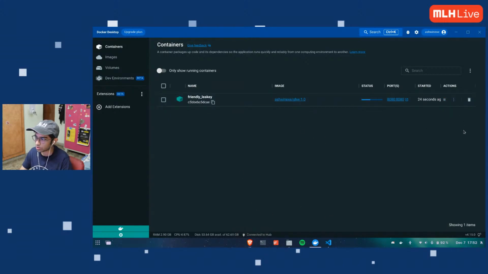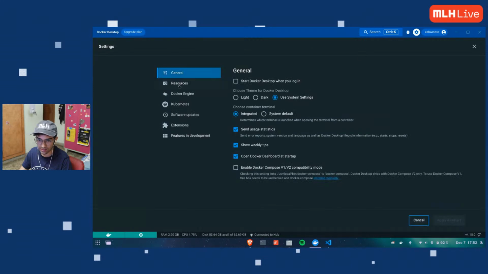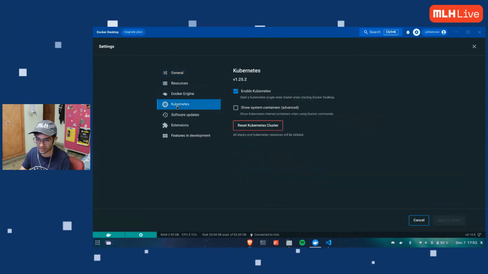Now I'm going to enable Kubernetes in my system. If you went through the README and enabled it, that's fine, but it's very simple to start it. So I'm going to go to settings here, and it says right here, Kubernetes, and I have to enable Kubernetes. That's it, and apply and restart. So I have it already running. On the left-hand side, if I hover over the shark, it says engine running.